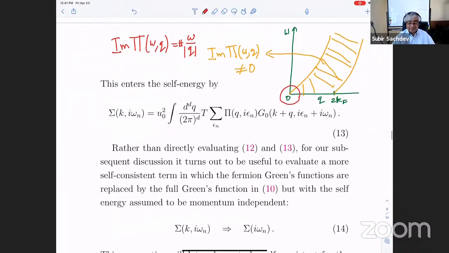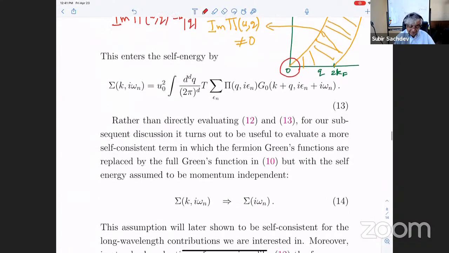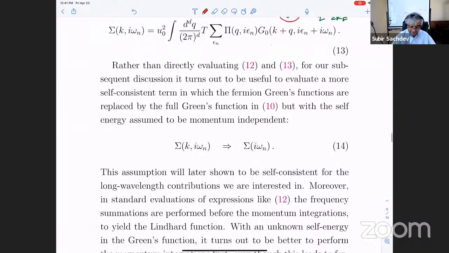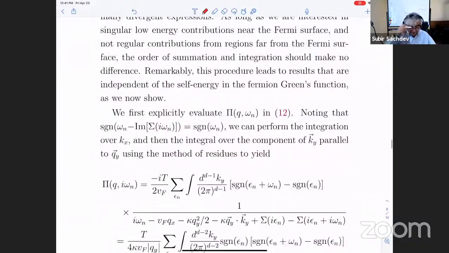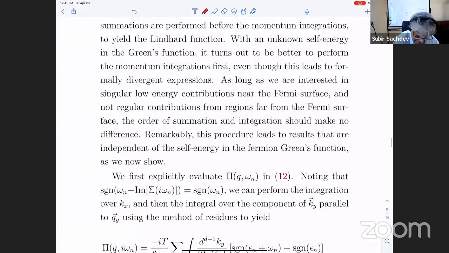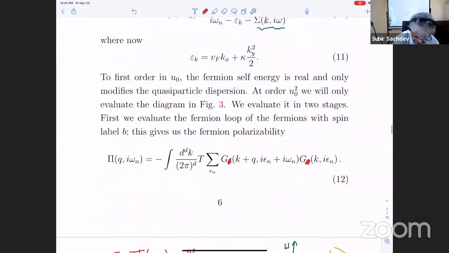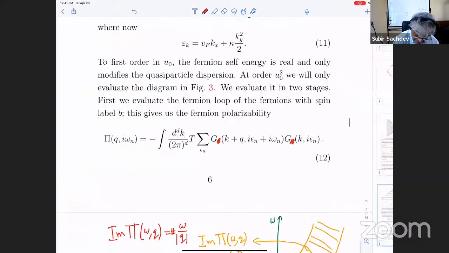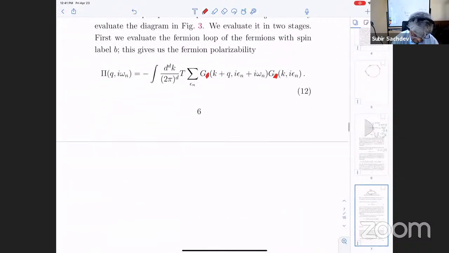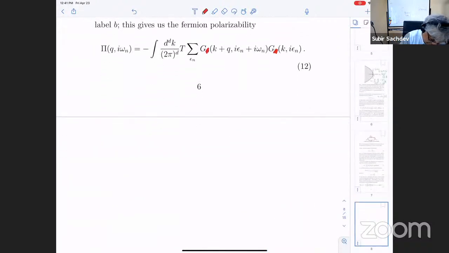And as we'll see, when we take this contribution, the self energy is not a function of k and omega. It's only a function of omega at small k for the low energy contribution. So let's assume that's also the case, and that will turn out to be self-consistent. All right, so finally, I have a graph integral that I need to evaluate. So let me write down the integral. So it's this thing. Yeah, so the integral I need to evaluate for Pi